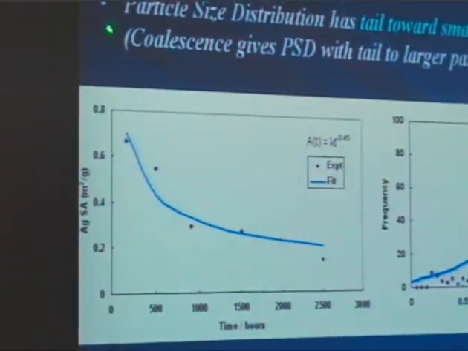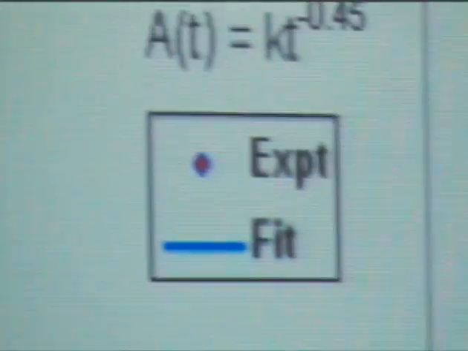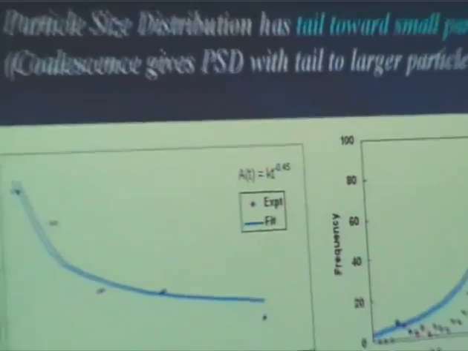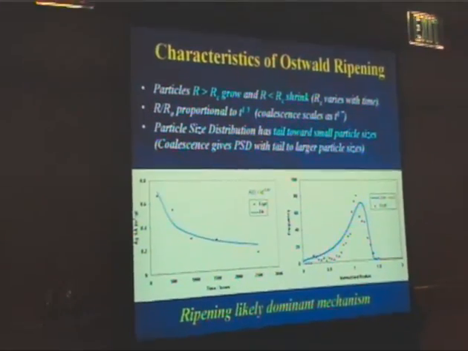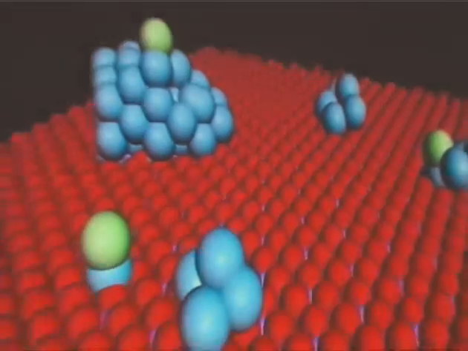In addition, if you look at the particle size distribution, in Ostwald ripening what you would find is a tail towards the smaller particles, and that's what we see here. For coalescence, what you would find is a tail towards the larger particles. So at least for this system, the model experiments that were done here look closer to Ostwald ripening than coalescence. So we want to use theory to try to understand some of these factors that control the